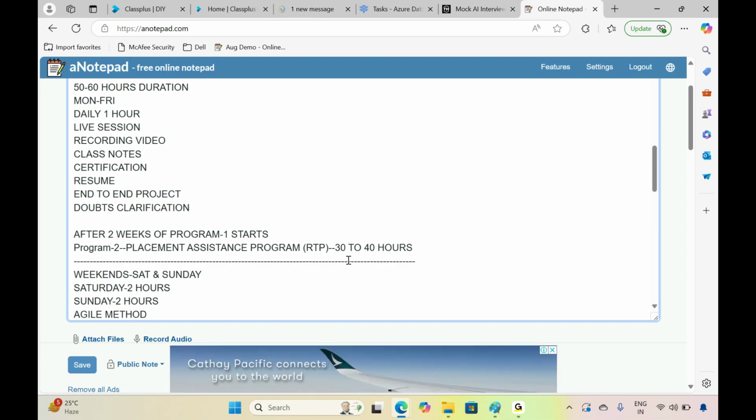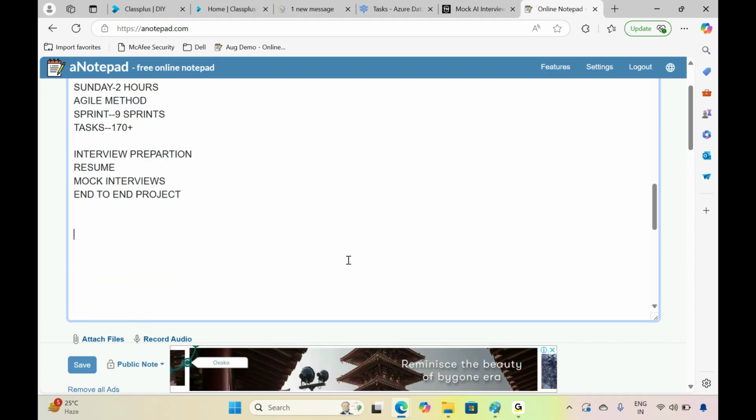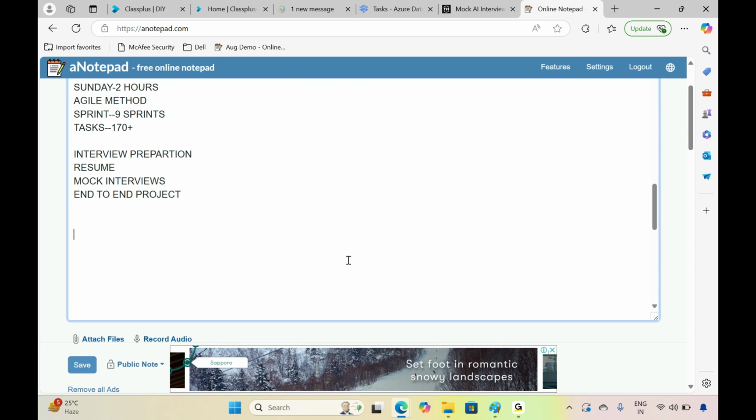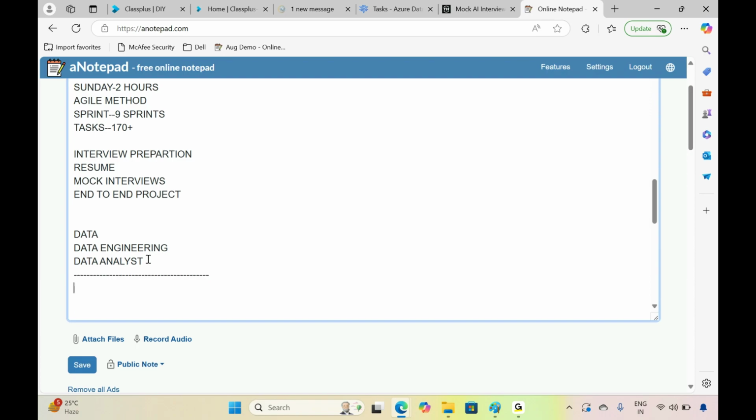The next thing is the prerequisites to learn this course. If you want to learn any courses related to data, that means data engineering or data analyst, you should have some basic knowledge of databases, SQL, and some Python.